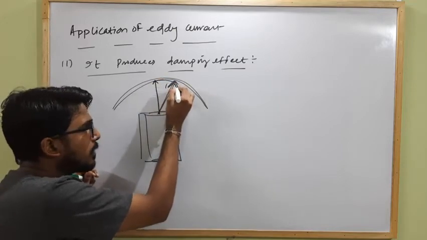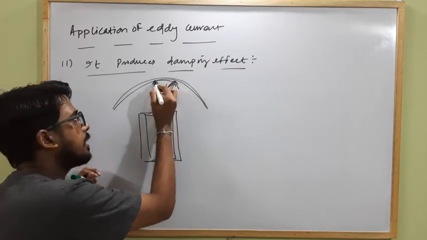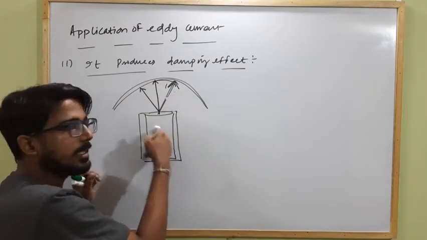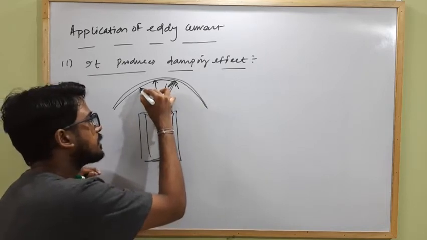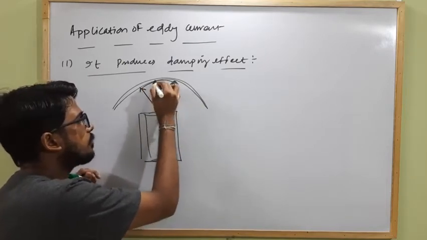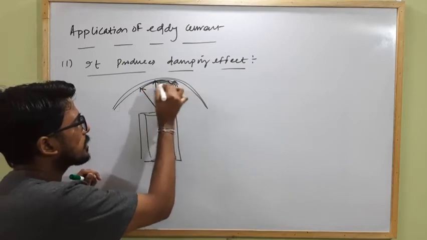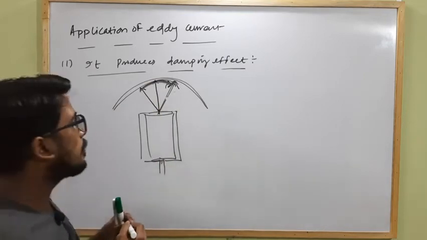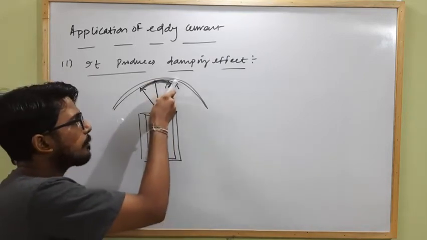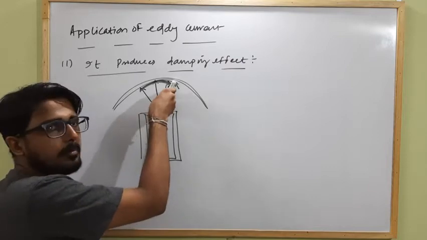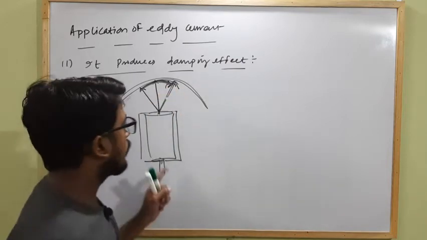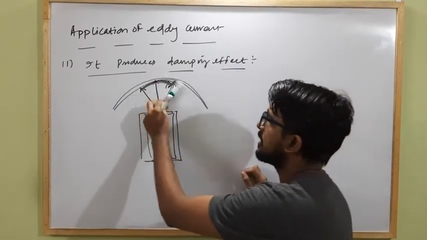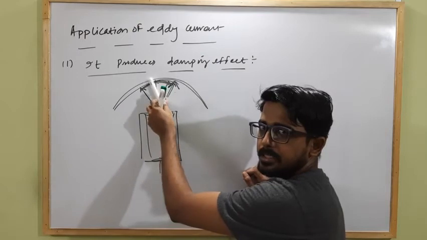But as it has some velocity, due to its inertia, it again moves towards the left. Clear? And again the spring creates restoring torque, again it moves towards its initial position, and again due to inertia it moves towards the right. Gradually it will start oscillating along this direction, left to right, then left to right. So we are not able to find the particular point where the pointer will be static to get the perfect result of the electric current flowing through the circuit, because it starts oscillating and fluctuating like this.